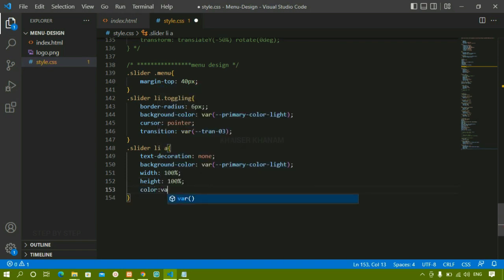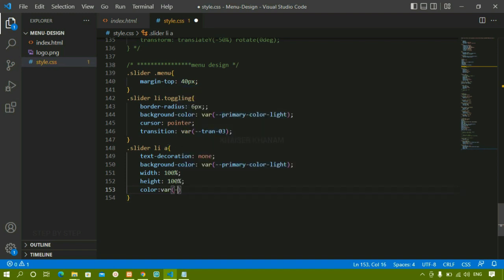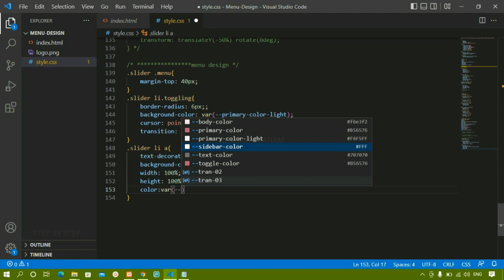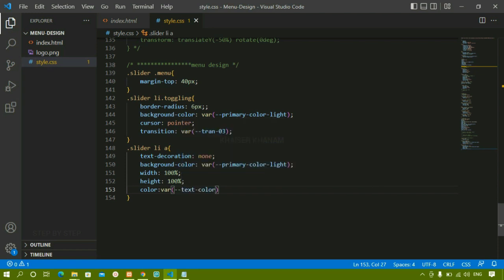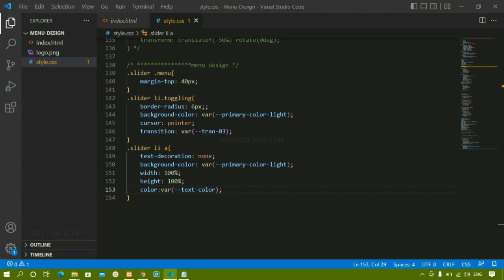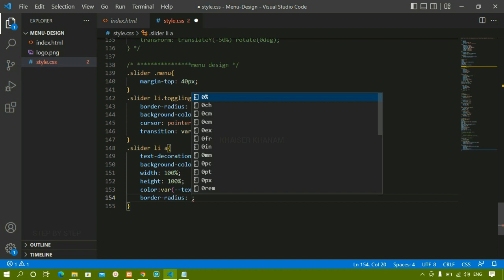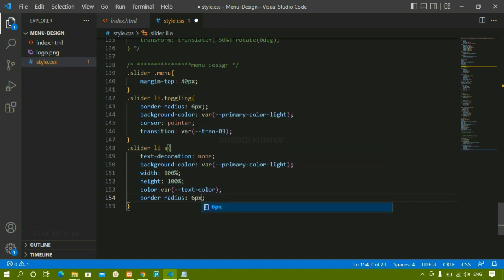Now below this I will be adding color. Let me write var, and for this I will be giving text color. I will save this, come here and refresh this one. Okay, the color has been changed. Okay, text color. And also I am going to give border radius of around 6 pixel, and also I am going to increase the font size to 17 pixel,